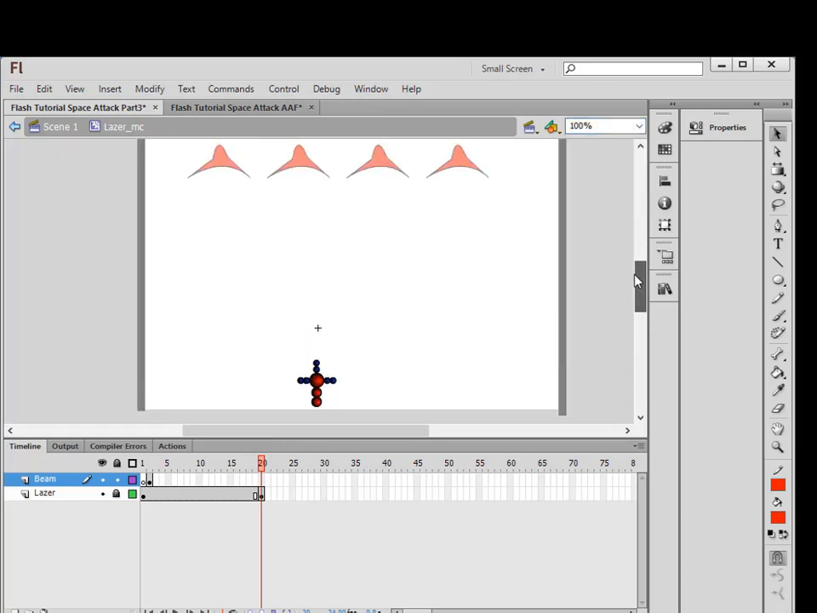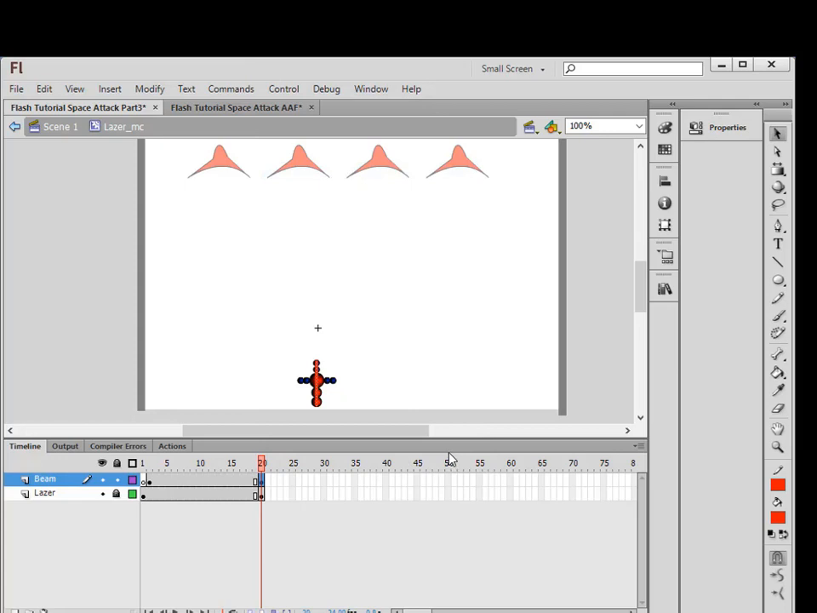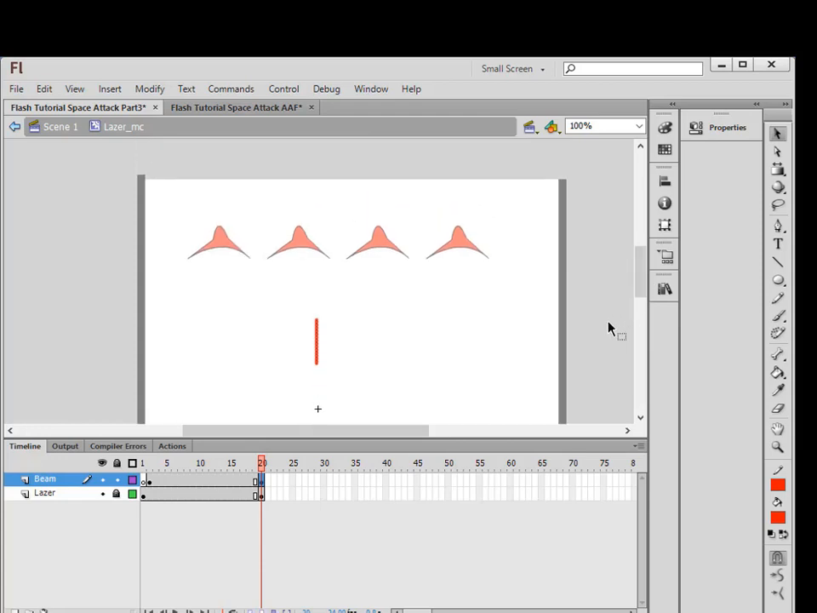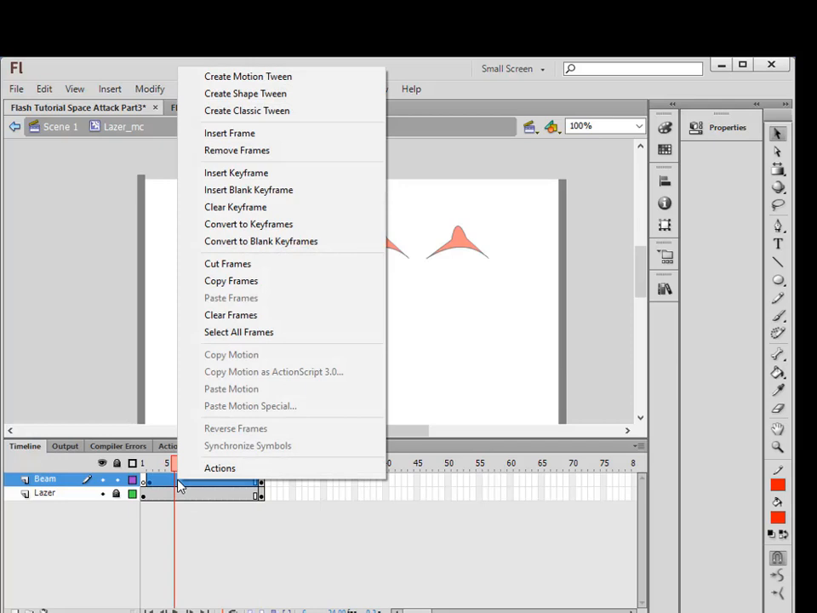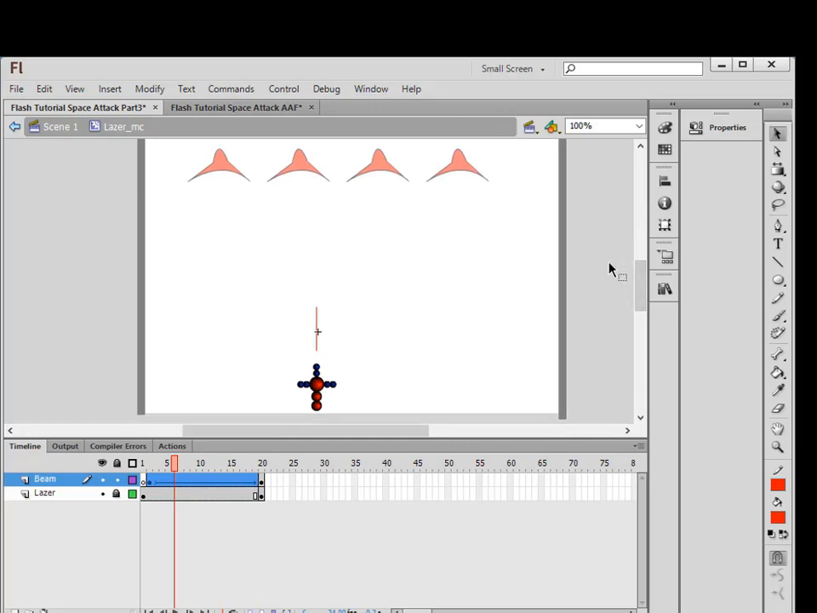And what I want is, on this frame here, insert a keyframe. Using your arrow keys, click and bring that beam up until it reaches the top of the page, right there. Right click in here, create a classic tween, and you have that arrow. So now if I hit my enter button,